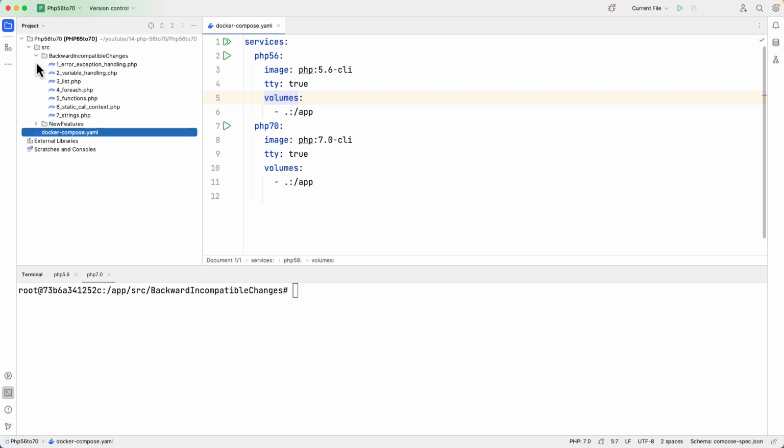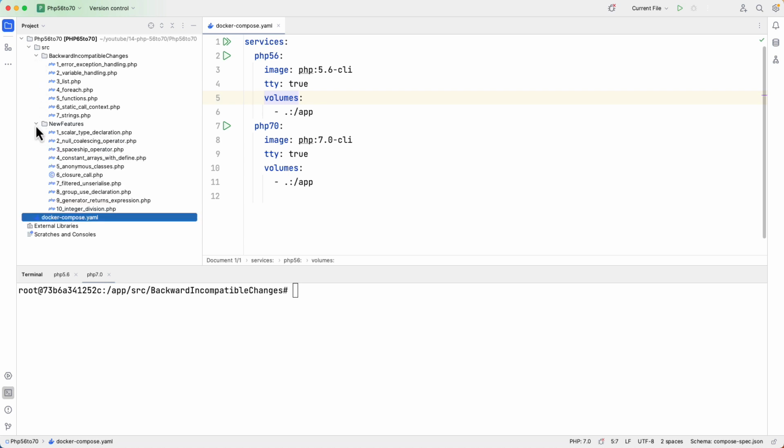Then we will go through the new exciting features of PHP 7 that you might be using in your new upgraded version of your code. So let's get started. What we have here is a project that I have created that contains two folders. The first folder will be containing the backward incompatible changes, and the second folder will be containing the new